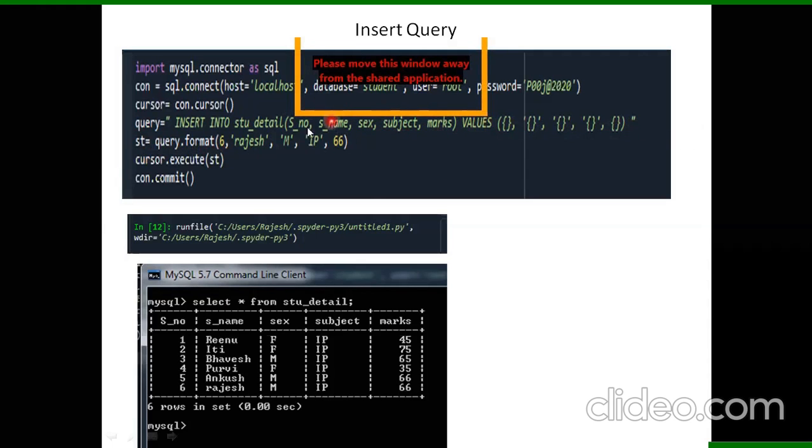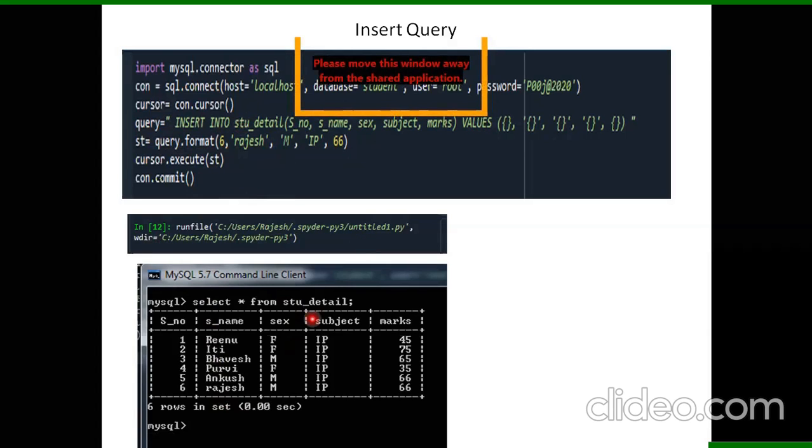So I broke the sentence in this way: I have written only the query there, and now I will use that query dot format, which says passing the values. So I just pass the values, I've executed it and I've committed it. So let's see now. When you commit and run your IDE, this will be seen in your console that it has been successfully run. Nothing will be shown as an output because we have not written any print statement over here.